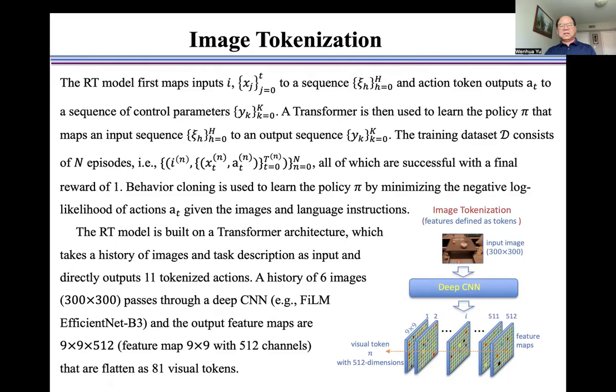Behavior cloning is used to learn the policy pi by minimizing the negative log likelihood of actions A_T given the